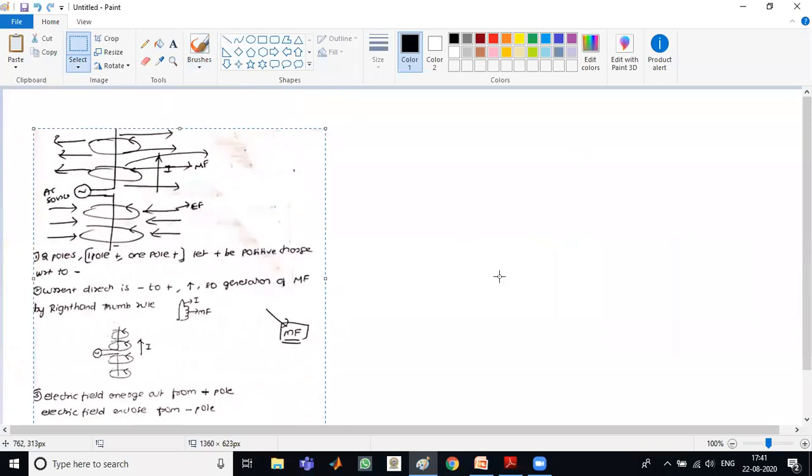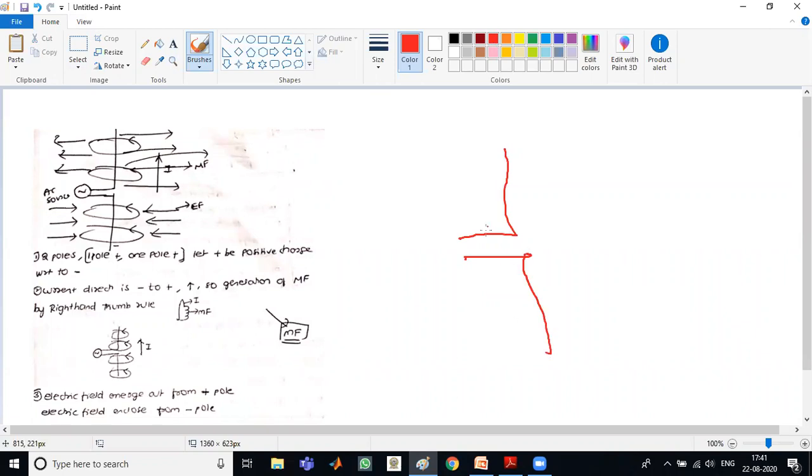Now we will see one of the important concepts, that is, electric field and magnetic field production in antennas. Let us consider the dipole antenna, which we have discussed earlier. This is the dipole antenna, and this is the shadow, that is the virtual image of the dipole antenna. When you give the source, what happens? When you give the source, the top part of the antenna behaves as the positive pole with respect to this. If we consider this negative, this becomes positive.